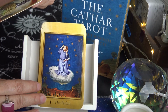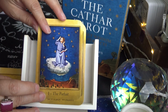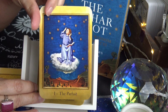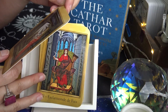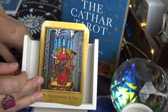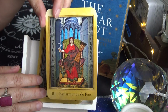It's been renamed to the Bonhomme or Bonhomie. I'm not sure how to pronounce that. Alright. Then we have the Magician, which has been renamed to the Barfat. And the High Priestess has been renamed to Lady Wisdom, and it has Philosophia, the word, in the illustration. Alright, and then the Empress has been renamed to